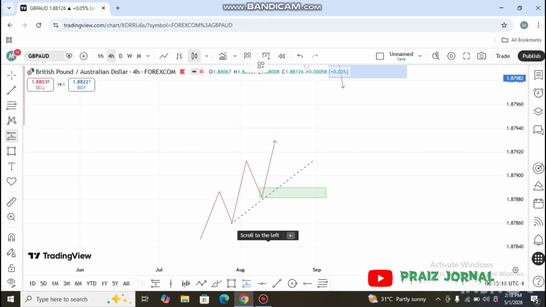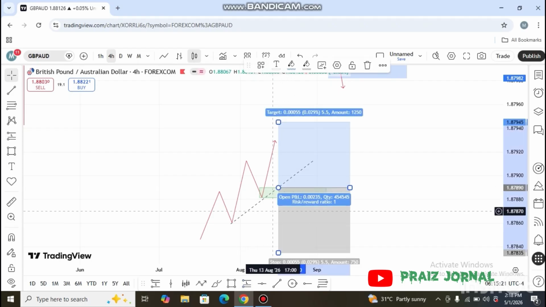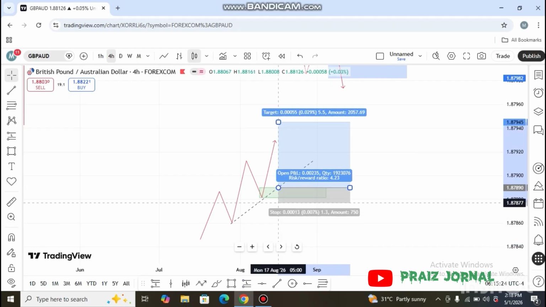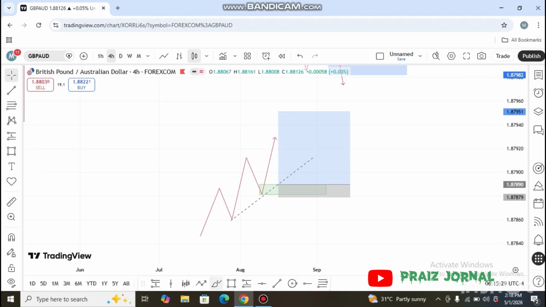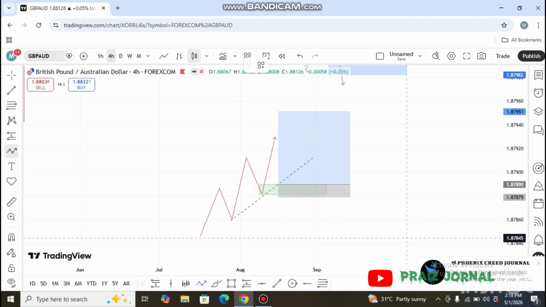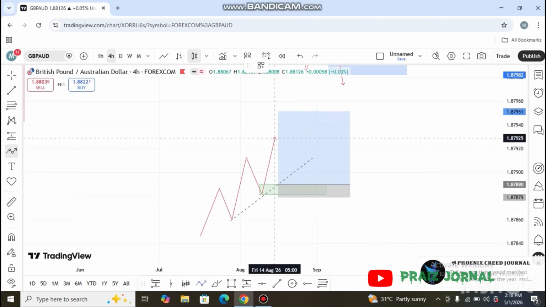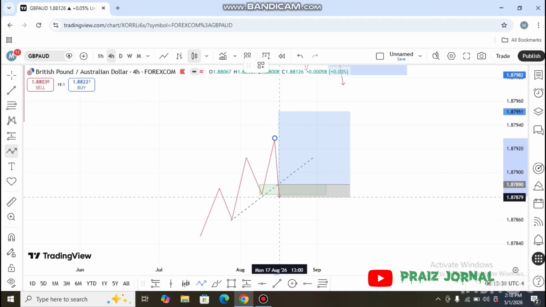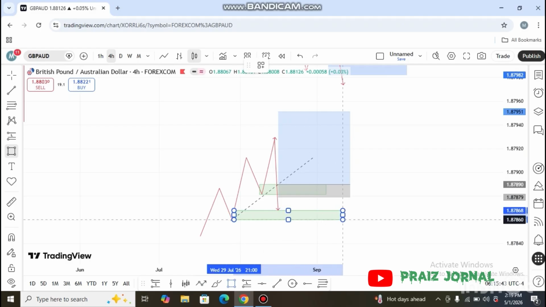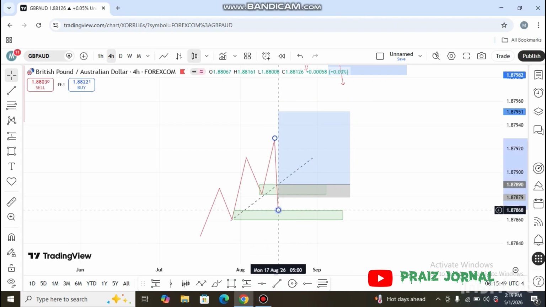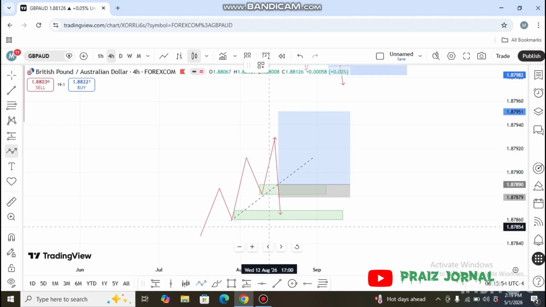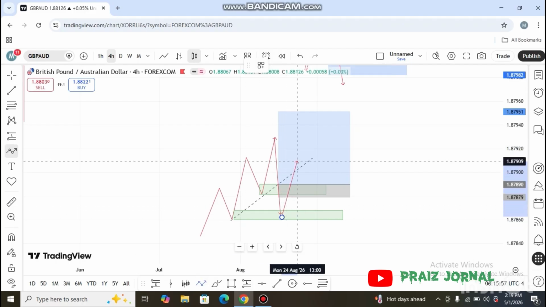So everybody will be buying here. Everybody will be buying here. And the market will retrace back down, take out the stop losses, right? Come to the zone below this one, and people that were buying think that this is a change of structure. You understand? You know change of structure now. I thought change of structure in my market structure. So they would say, okay, the market will retrace and